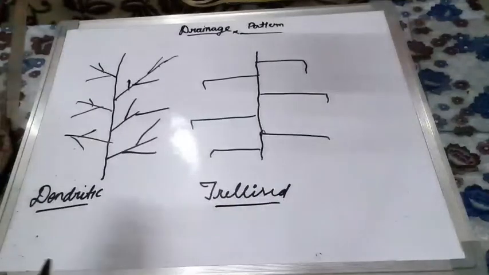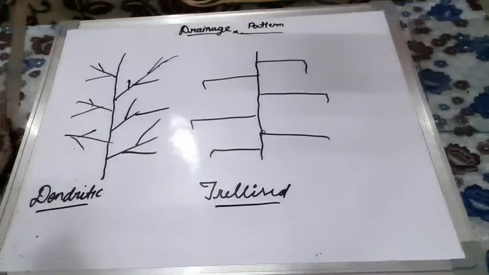Listen students, you will be asked in the question to identify the drainage pattern in a particular grid. Okay, there will be a grid reference. You have to find out the pattern. You have to just write their name. After observing them, then you can write easily. So for this you must learn, or you must fix these things in your mind, and practice at home as well, what is dendritic pattern or how it looks like, what is trellis pattern or how it looks like.